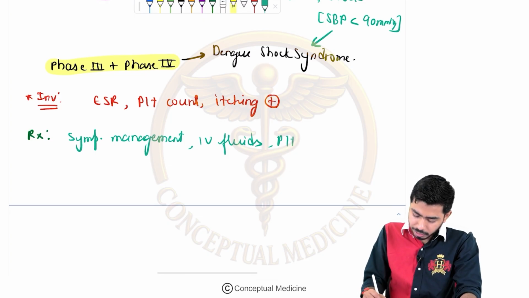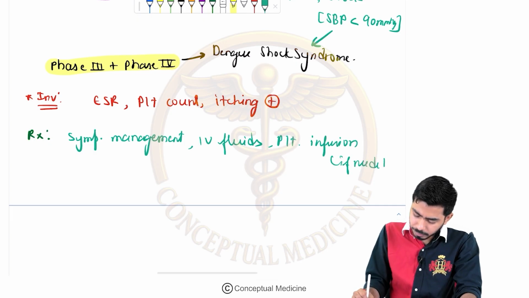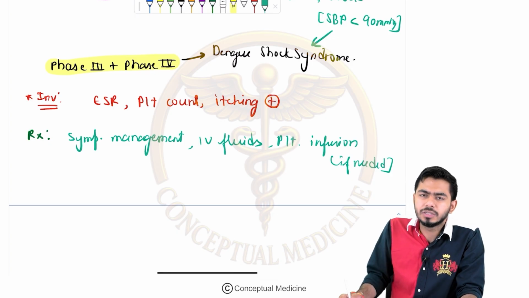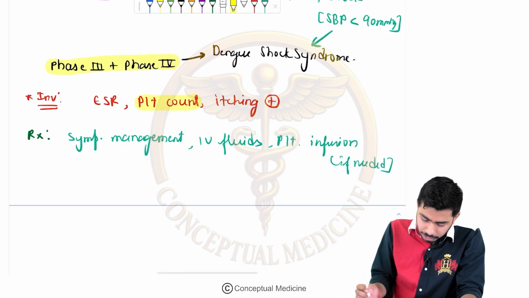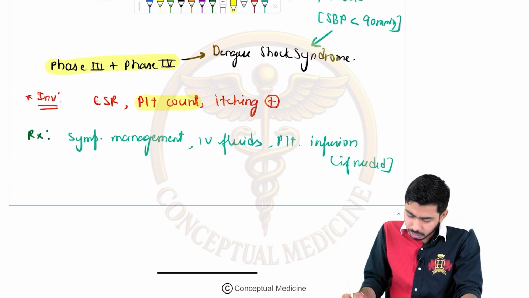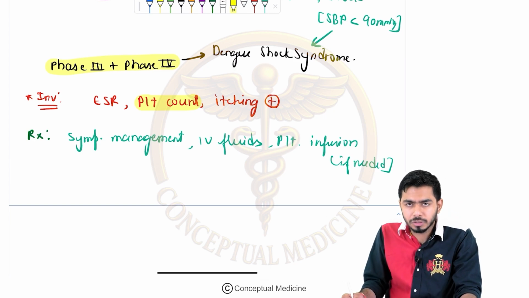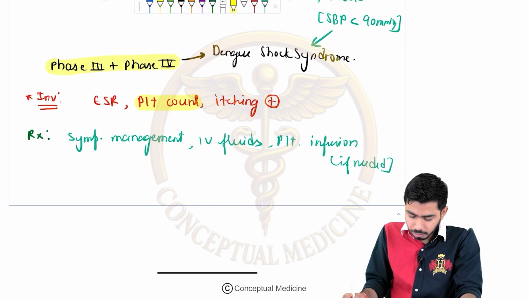If the platelets are decreasing, platelet infusion might be needed. Platelet infusion if needed, right? Otherwise, if the platelet counts are normal in the CBC, we are asking for the platelet count over here. Daily platelet count should be sent for the patient because we want to check the platelet count in this person regularly, because platelet counts might be decreasing, right?